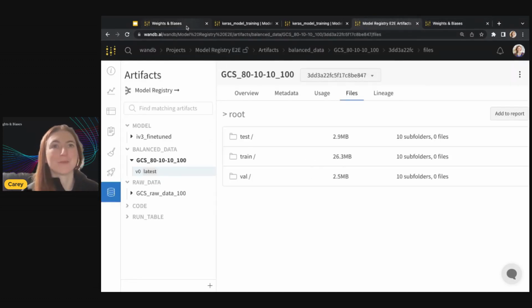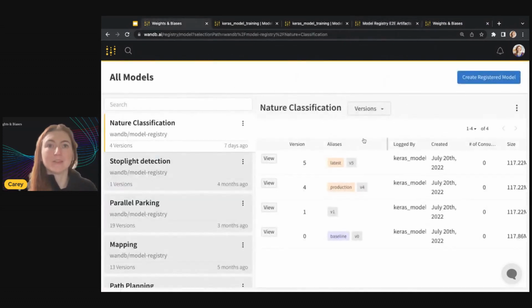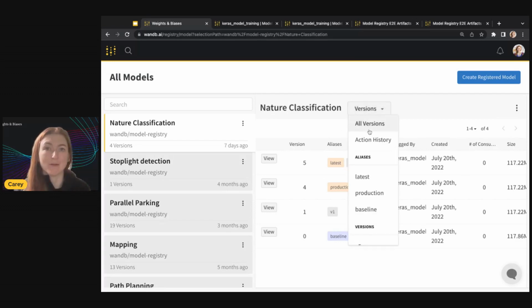So ultimately, what the model registry is providing us here is a way to capture across the different projects that you're working on this central list of the best, most useful versions of models. And what that will give us is an organized view that anyone else, even if they haven't been involved in the process of model training and development, they'll be able to come in and identify, here's the model that's in production, here's the new candidate, and this is what I need to know about it in that overview, in that